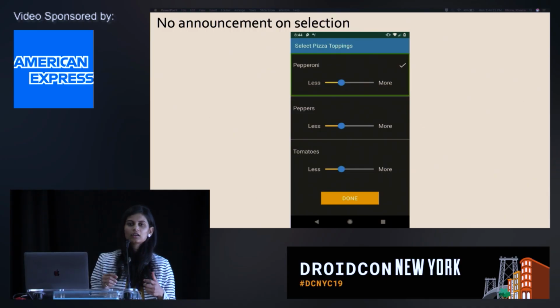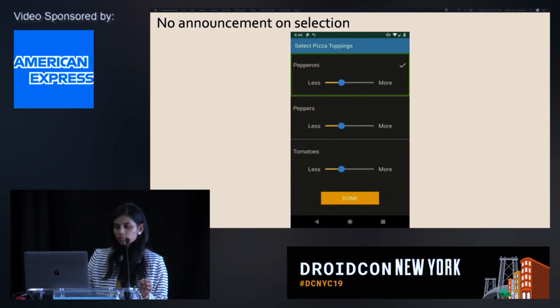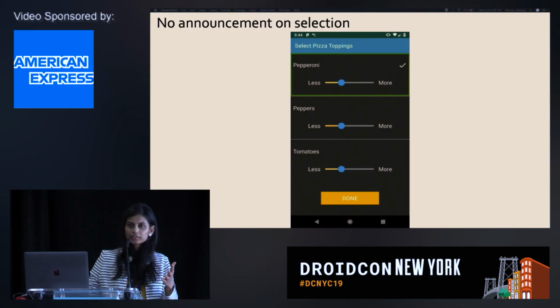You can see a white check mark, as a user who has sight, that you selected a topping and that it got selected. But what happens when you just close your eyes and you hear, okay, double tap to select pepperoni, and if you double tap, what just happened? There is no validation. Let's look at this one more time so you understand what I'm talking about.